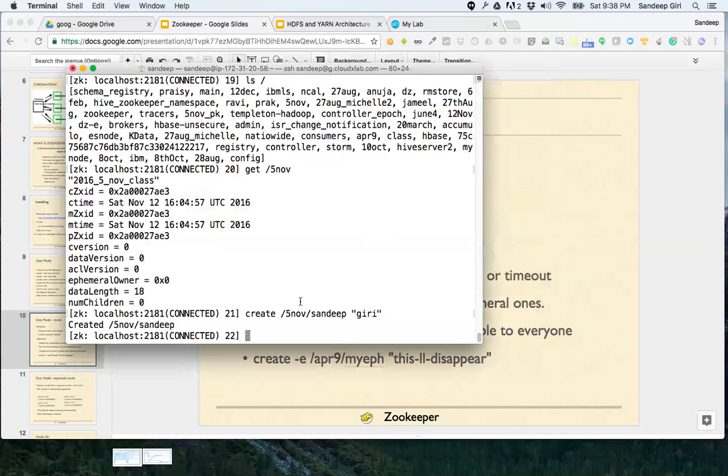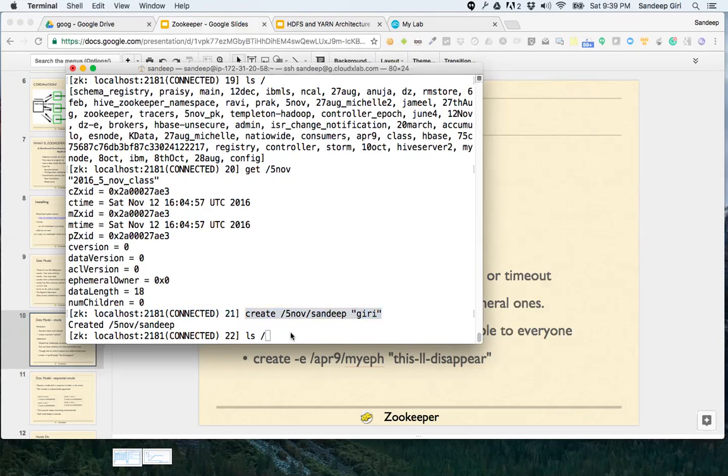Here we are trying to store a very simple information. It could be based on your business use case, what information we're trying to save. Okay, so right now, can you all create a subfolder here, the way I have created Sandeep under 5th November. Similarly, please create your own Znode and give it some data, whatever data you want to put in. Make sure that this data should be in the form of either JSON or a single string.